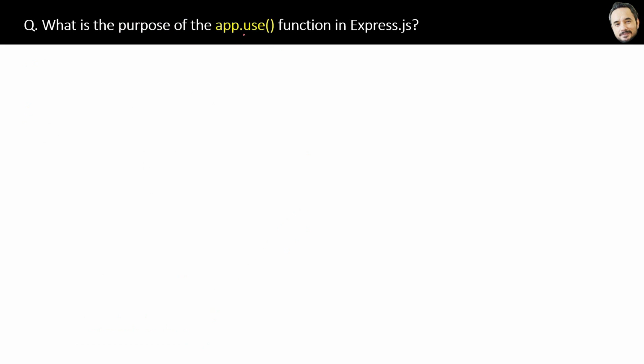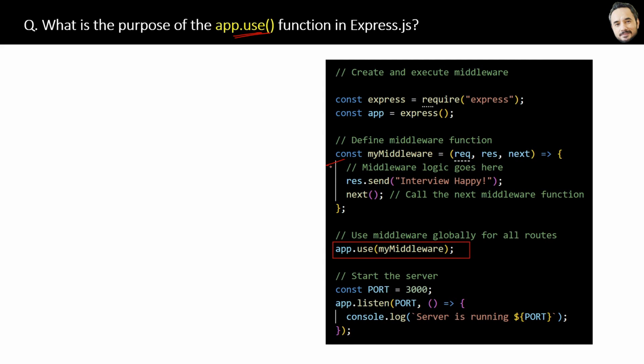What is the purpose of the app.use function in Express? Very short question, but a very important one, and you already know 90% of the answer. After creating or defining the middleware, the app.use method of the application server is used to execute the middleware globally. Remember, globally, and for all requests. The same thing is written here. Use method will execute this middleware for all kinds of requests, like request methods get, put, post, delete, all methods. So that's why we are calling it globally.